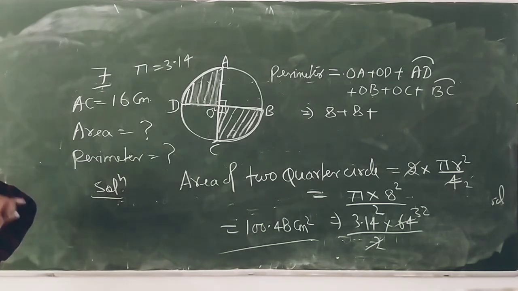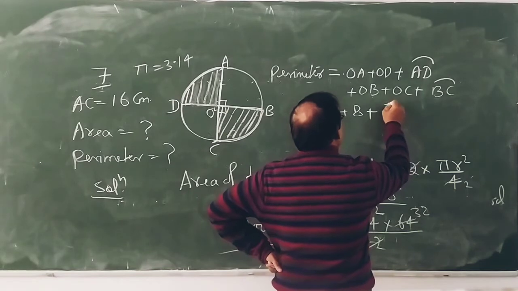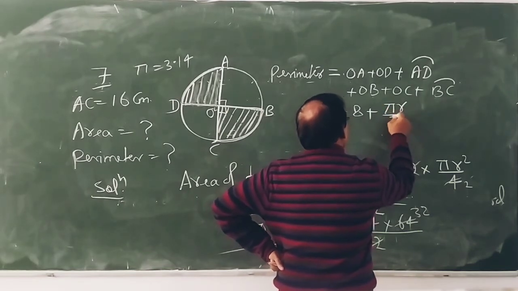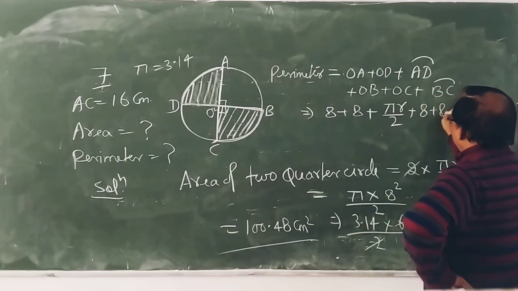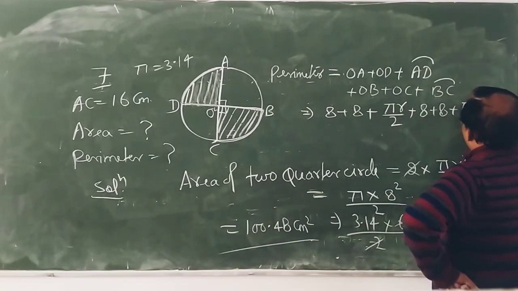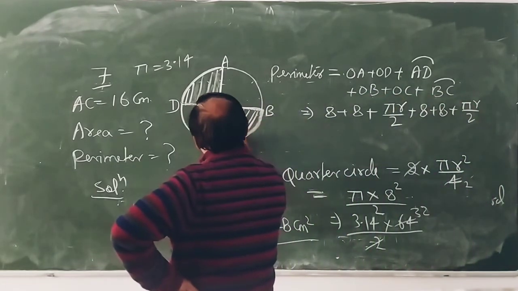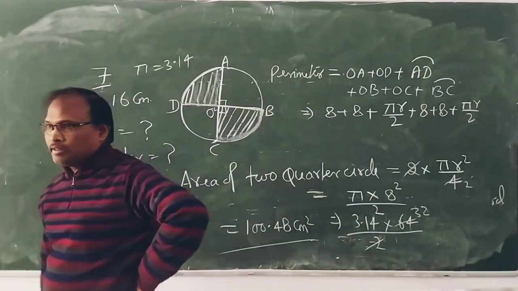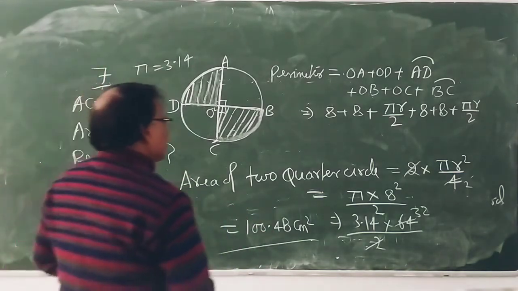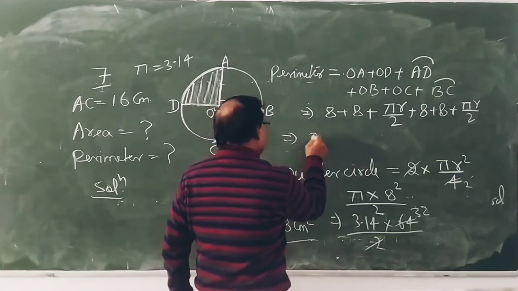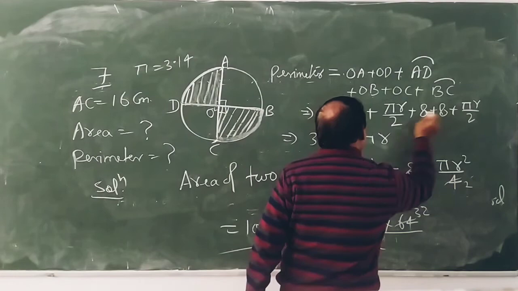ये कितना अभी हमने बताया पेरीमीटर कर्व्ड पार्ट है तो दैट इज pi r by 2. This is plus 8 plus 8 plus again pi r by 2. क्योंकि ये जो पार्ट है दिस इज द क्वार्टर सर्कल में जो फॉर्मूला बताया है पेरीमीटर का पहला वो. अभी कितने होंगे 32 प्लस pi r दो बोथ यू है